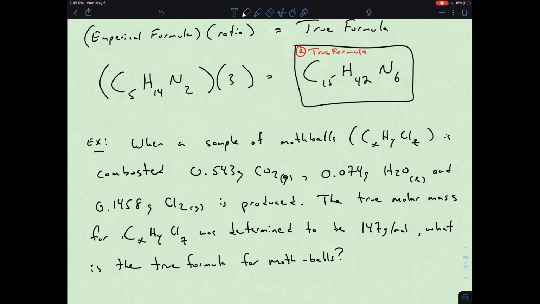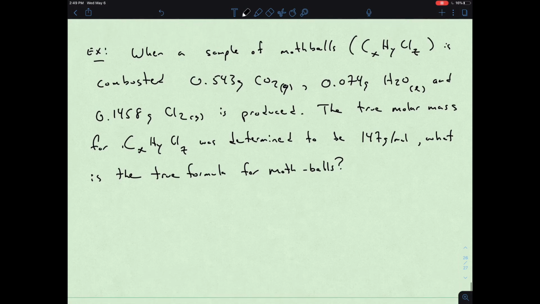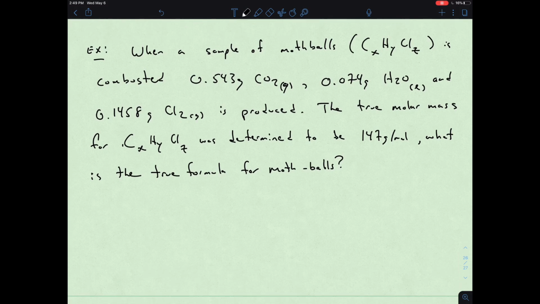Okay, so here's our question. We have a sample of mothballs. To be honest, that takes me back to my grandmother. She used to like the smell of that in our closet. But a sample of mothballs, which has a formula of